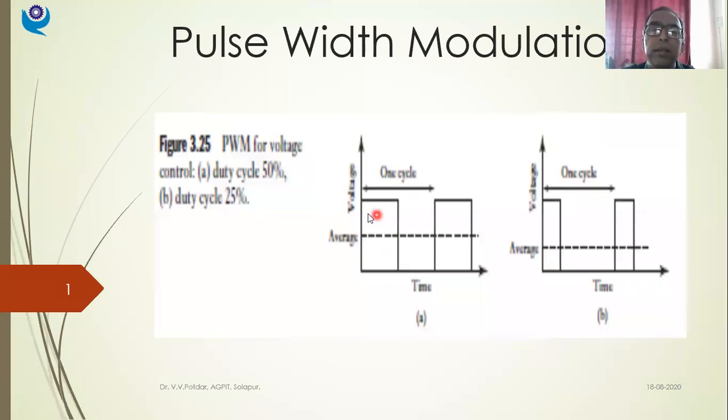See, just by the side of this sketch, have one more voltage versus time sketch. The analog signal will be continuously varying, isn't it, with respect to time. I chop it down. So whatever was the average voltage of that analog signal, because it is a continuously varying signal, if I take the average, now that average signal, if I want to reduce it, let us say, attenuate it, reduce it.